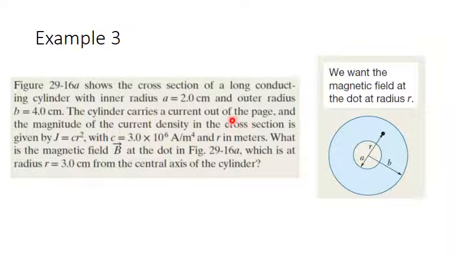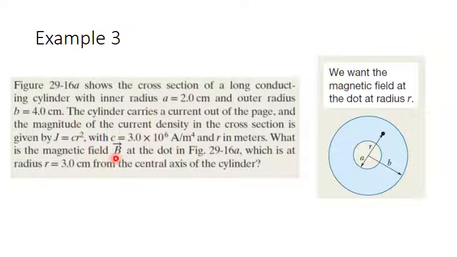So the current is coming from the screen towards your eye, and the magnitude of the current density in the cross section is J equals C multiplied by r squared. So we have current density, not total current, and this current density is not uniform. It depends on the radius inside this cylinder, where C is 3 multiplied by 10 to the power 6 ampere over meter to the power 4,